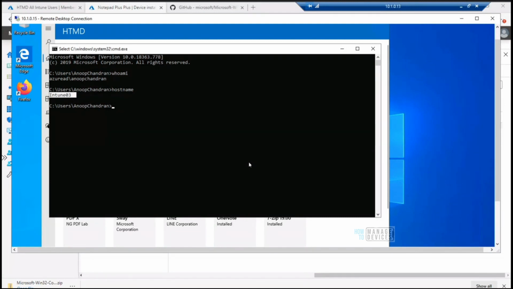If you can control all these installations through that batch file, or if you want to use the PowerShell App Deployment Toolkit, the community tool we use in the SCCM world, you can use that also for this method. So I think it is possible, but I have not tested it.